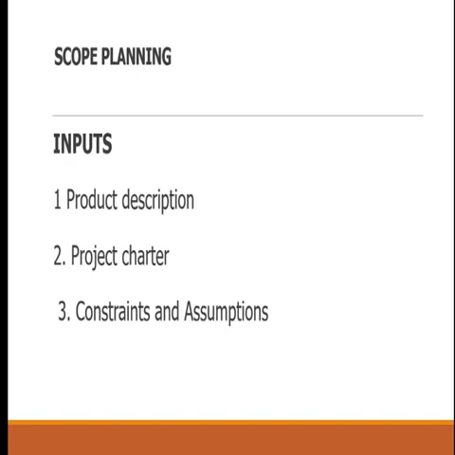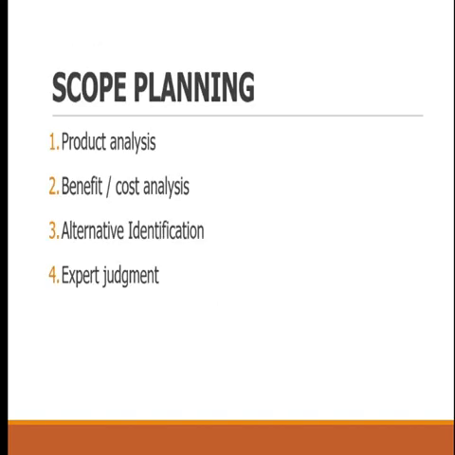Three, know your constraints and assumptions. I've talked about it before. So you must know the constraints while you are planning so that you don't plan constraints into your scope. You must know constraints until they are no longer constraints. You can leave them off your constraint point. Until then, they remain constraints and assumptions. So you don't apply them, but you work around them, all right? Let's look at the tools for scope planning. How do you plan your scope? How do you know the job to be done and the only work to be done? Very simple. Let's look at it now.